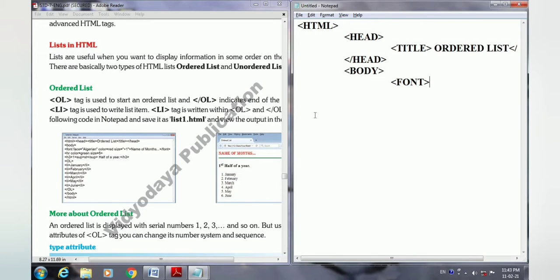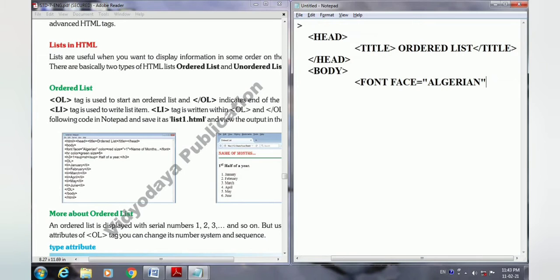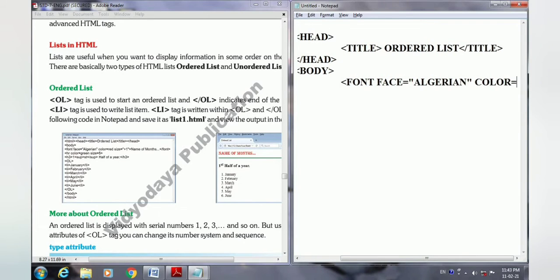Then after, in the font tag we have to use the attribute. So we want to change the style of the font. So font face is equals to Algerian. That we have to write in double quotation marks, and the spelling must be correct. So font face is equals to Algerian. Then after, give space and write the next attribute, that is color. And what is the spelling of color? COLOR. Color is equals to red,